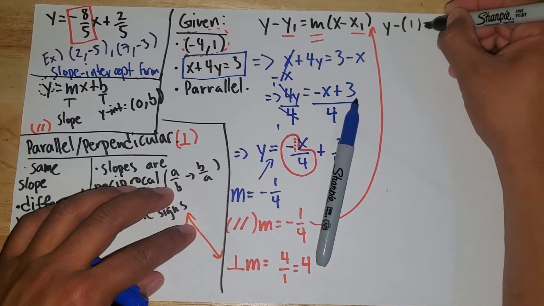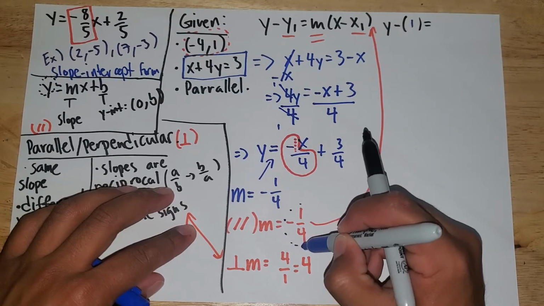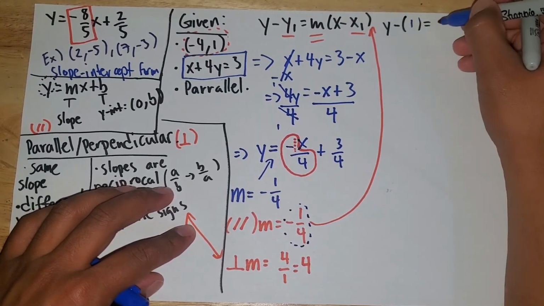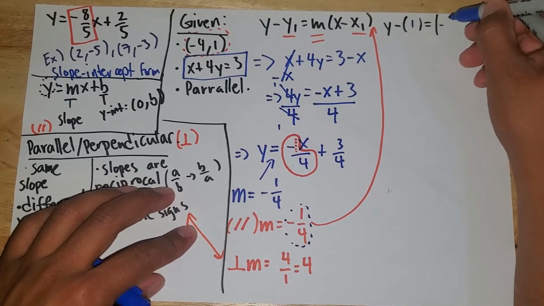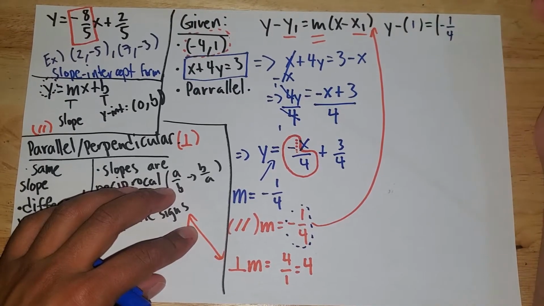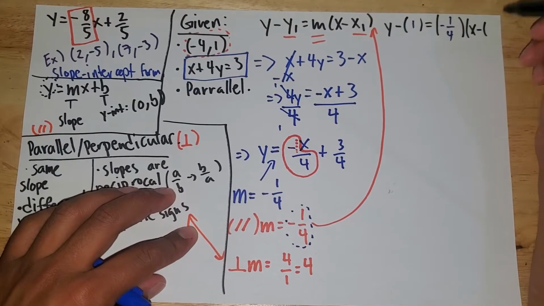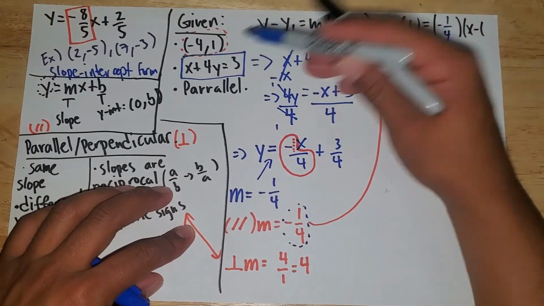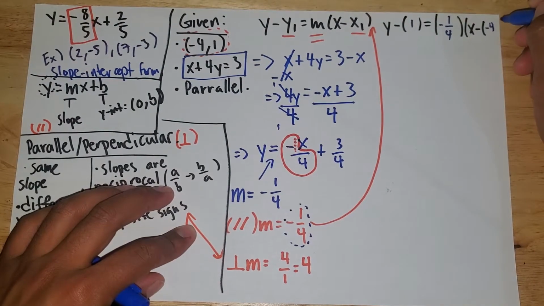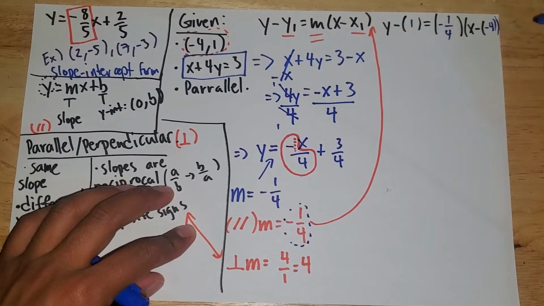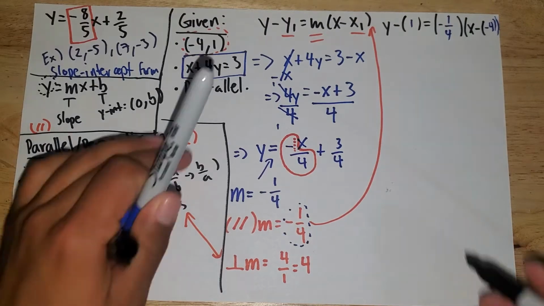Close that, equal to, and again, I'm using the parallel slope, not the perpendicular, which is exactly the same. So I'm going to write negative 1 over 4, and then x minus, and my x coordinate is negative 4. So you want to be careful, negative 4. Sorry, I kind of squeezed that in there. But this will simplify to